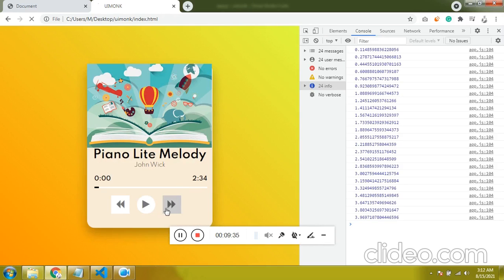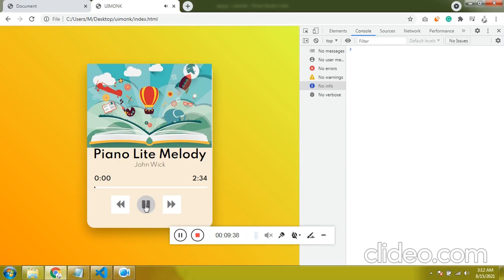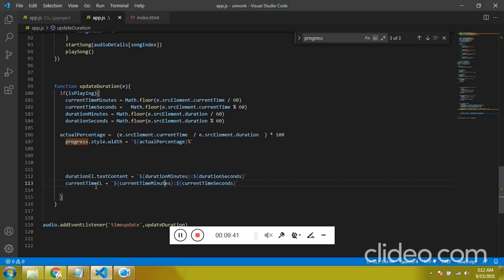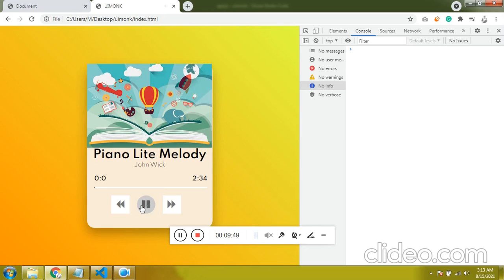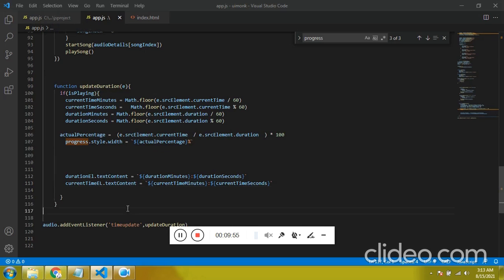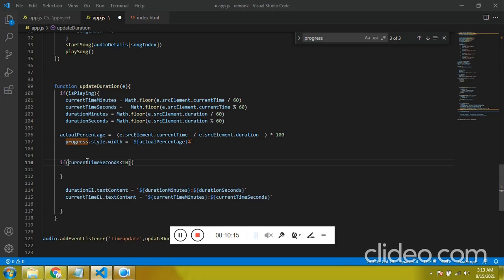Now here we will get an error. Let me show you. Text content, I have missed it somewhere. You see, I need to add if current second is less than 10, then we need to add 0 in front.